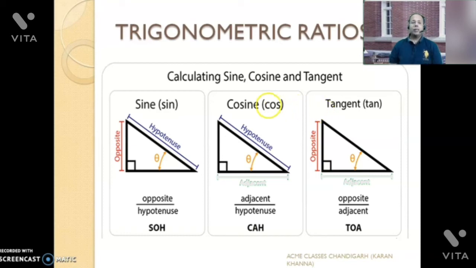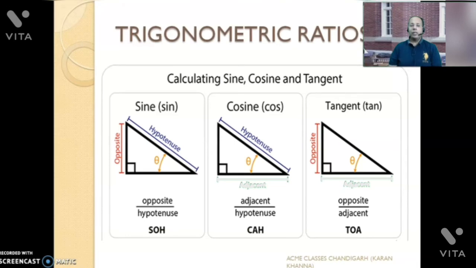So sine theta is a ratio of the 2 sides of a triangle, namely the opposite side and the hypotenuse. Cosine theta is the ratio of the 2 sides of a triangle, namely the adjacent side and the hypotenuse. Tangent theta is the ratio of the 2 sides of a triangle, namely the opposite side and the adjacent side. So trigonometric ratios sine, cosine and tangent are called ratios because they are a comparison of 2 sides of a right angle triangle. 3 more ratios derived from the same are